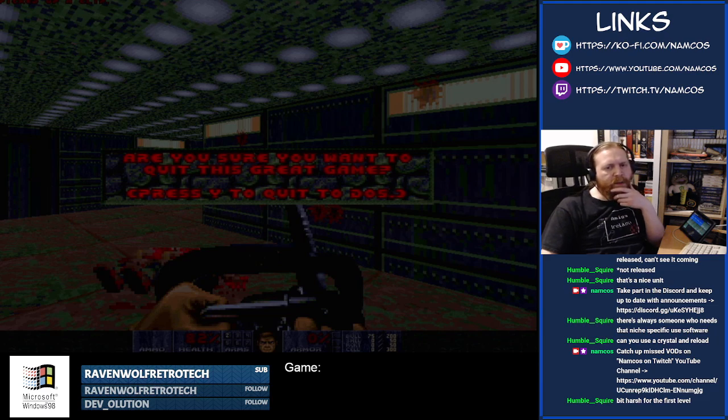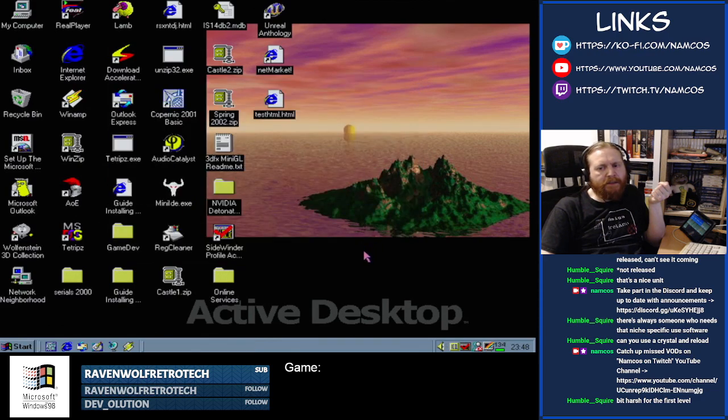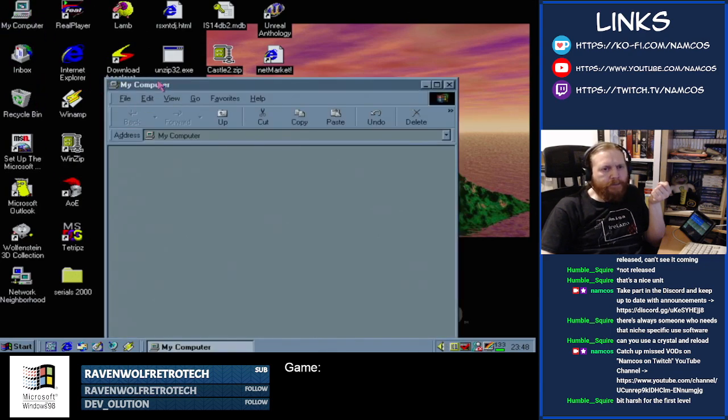I think it'd be a bit better if it wasn't on software mode. It's kind of weird because it shouldn't be that slow. But again, I just can't get it working with the OpenGL for the moment, because it's just not setting the 800 by 600. There is also on here